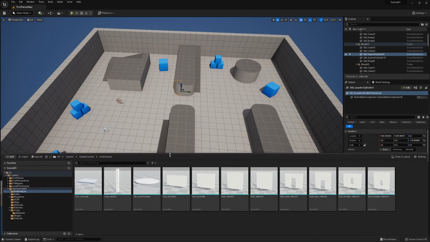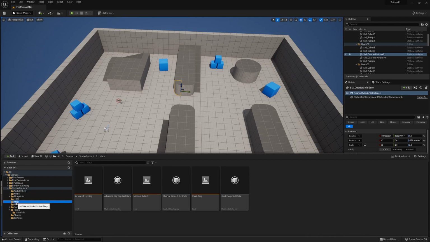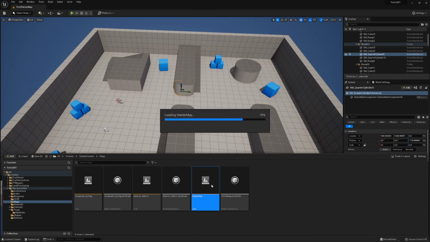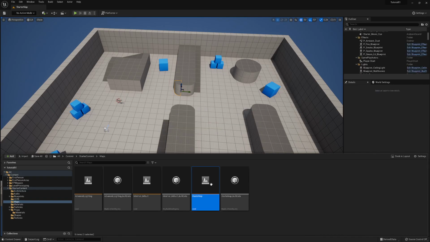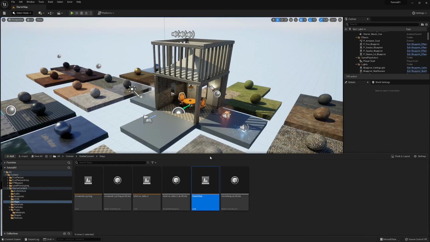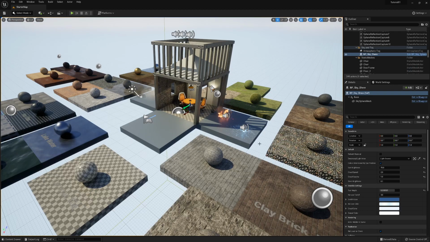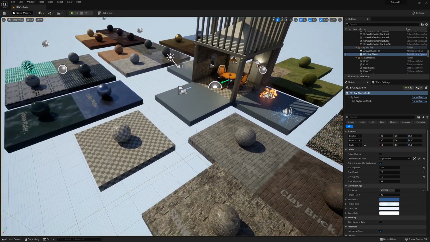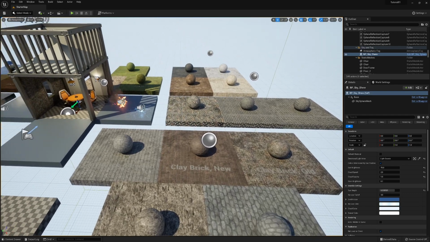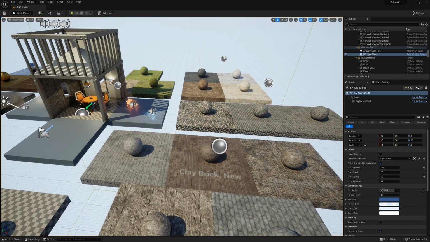Now I'd recommend, again, if you haven't used Unreal before, the first thing I might suggest doing is going into, is it this one? Let me just check. I think it's this one. Yeah, this is the one. So this is not a bad map to have a look at. It's got a lot of materials in it. It's got a lot of things going on. I'm just going to put my headphones on so I can hear things. It's got some sounds. And if we hit play up the top here,